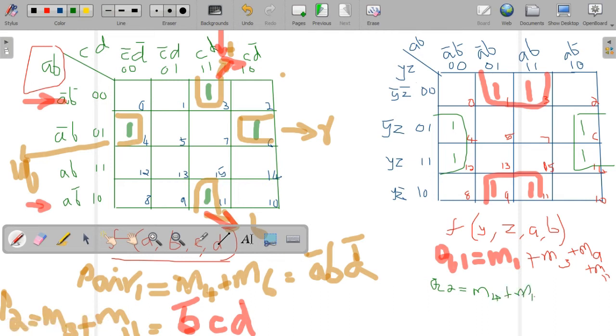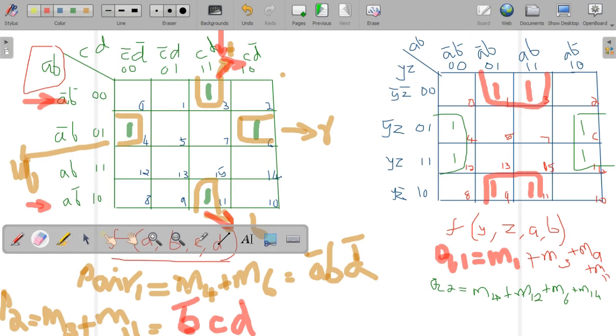M4 plus M5, M12 plus M6 plus M14. You should write, reduce the pair, reduce the chord, okay? Reduce the expression, you should write. In this way also we have to roll, because four values, two values together in the left edge and two values together in the right edge, means we can map it as a chord. We can roll it as a chord. So here in the top edges also, bottom edges also. In this way also we can do.